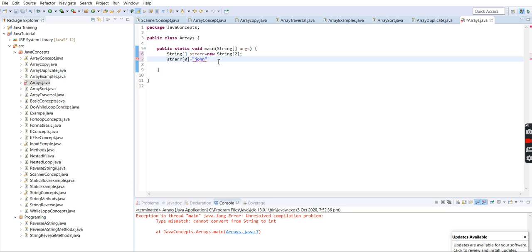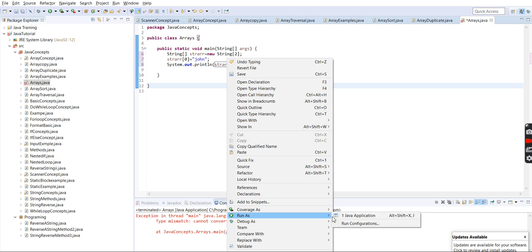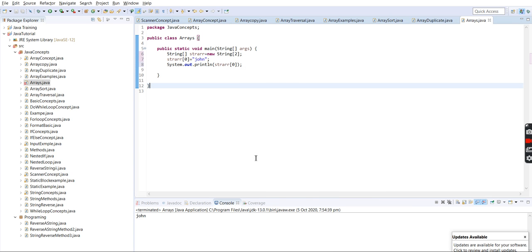First we added the value and ran it, displaying John.